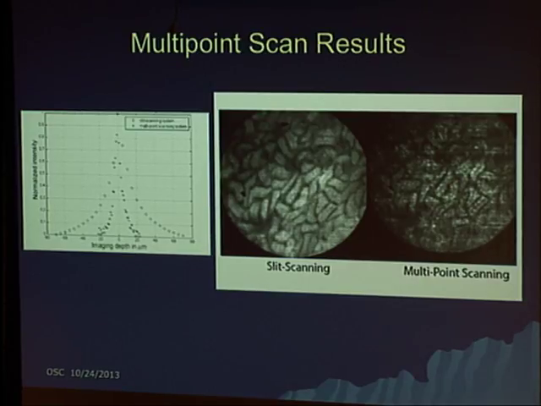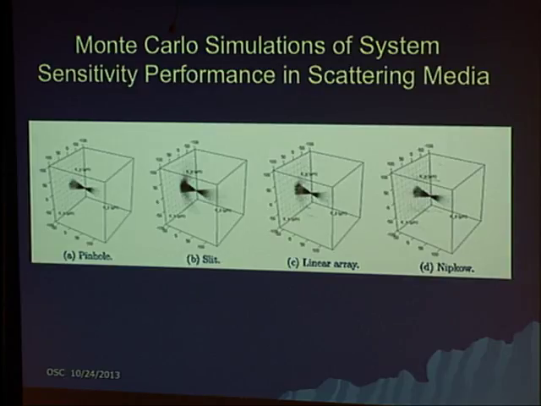So one of the former students, Anthony Tambaguchi, who many of you might have known or met, did a very nice Monte Carlo study as well to show not only do we get the resolution advantage of the axial resolution improvement, but we can image in a scattering media like tissue much better. So this is a simulation of where do photons come from. If you're trying to focus down into here with a point scanning system, where do most of the photons come from in a scattering media? You can see they come from the focus, but there's a lot of photons that come from other places that cause blur.